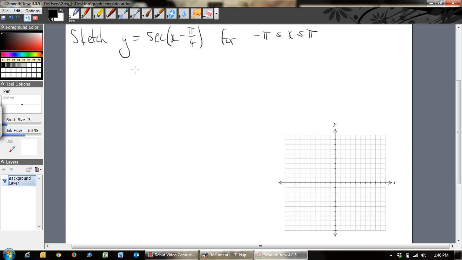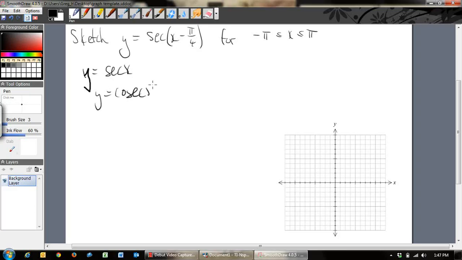Okay, welcome back. We're going to be sketching some reciprocal trig functions. So let's have a look, sketching y equals sec(x minus pi on 4) in this domain here for x. Okay, so just in the last video I talked about the asymptotes, and we had y equals sec x,